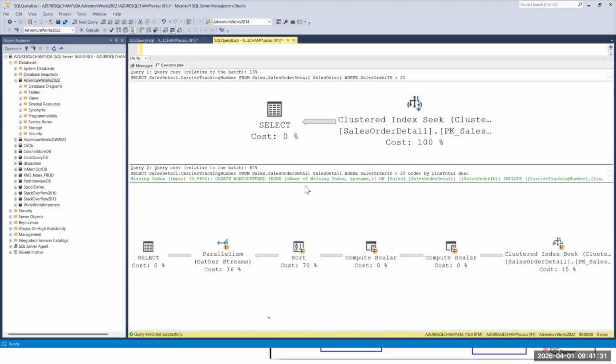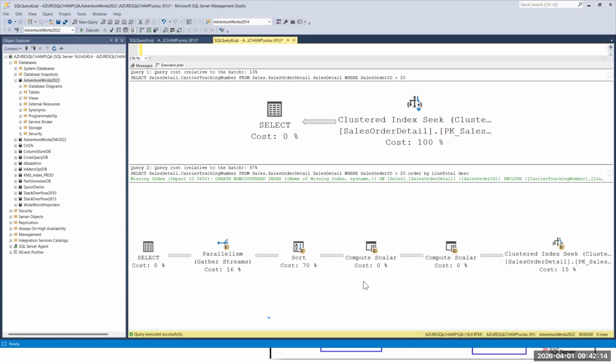See, based on your query, your optimizer is preparing the execution plan. How is your optimizer preparing the execution plan? Based on your query tree. What is that query tree? It is a low-level language that SQL can understand. Once your parser is done, once your syntax check is done, once your semantics check is done, then the query tree is prepared for your query. Once the query tree is prepared, it will go to the optimizer. Your optimizer will start preparing the execution plan based on the query tree.